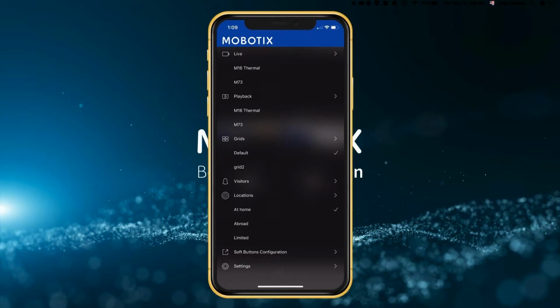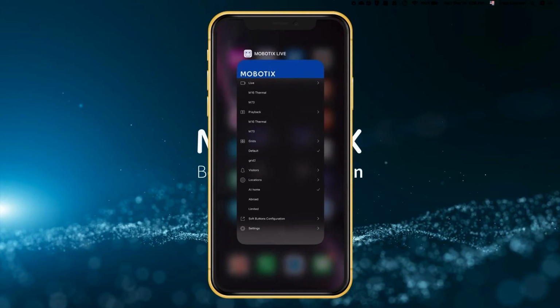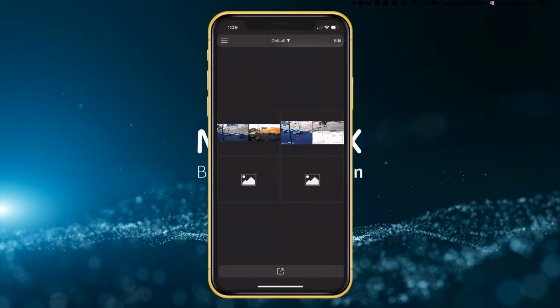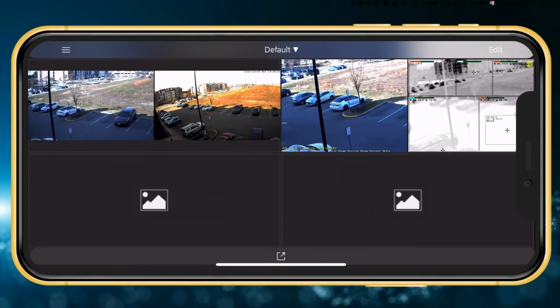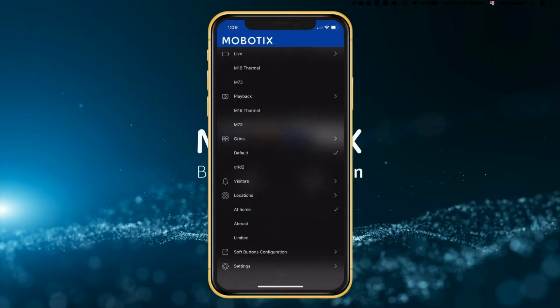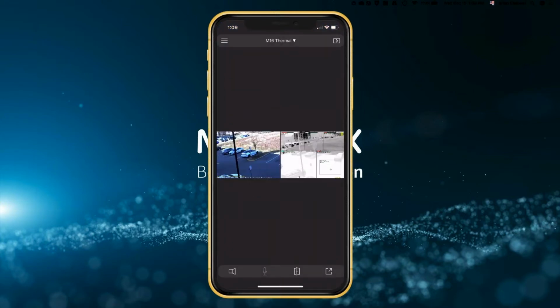Okay, so first, just to go back, I'm going to go back to the beginning here. I'm going to click on the app. It's going to open in my grid view. Again, I can turn it landscape, turn it vertical. I'm going to click on the settings up there in the upper left. I'm going to choose my M16 thermal camera that I've got sitting out here on the 3rd floor of my apartment complex. I'm just going to tap M16 thermal, and you can see it brings up my demonstration M16 thermal out there.